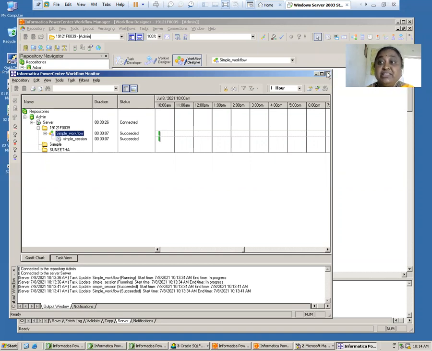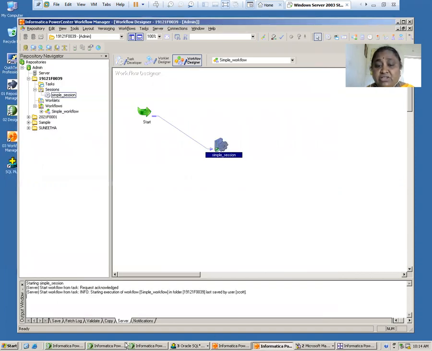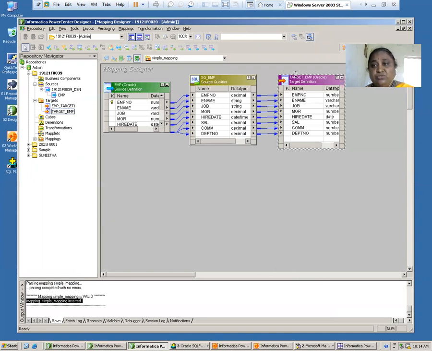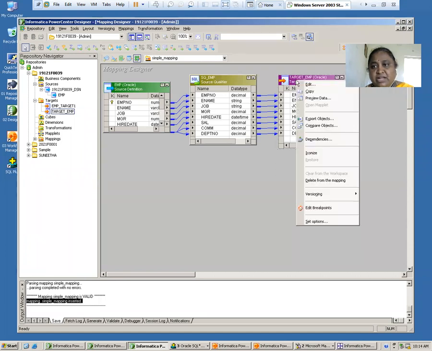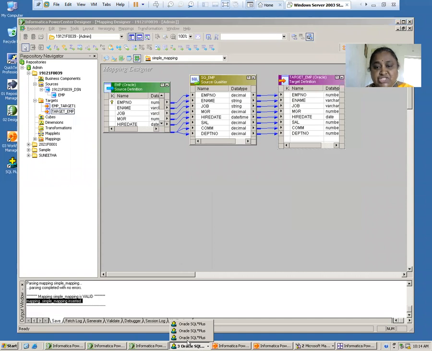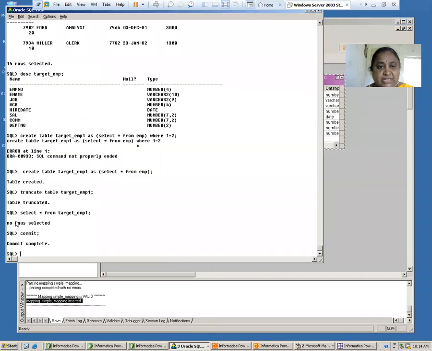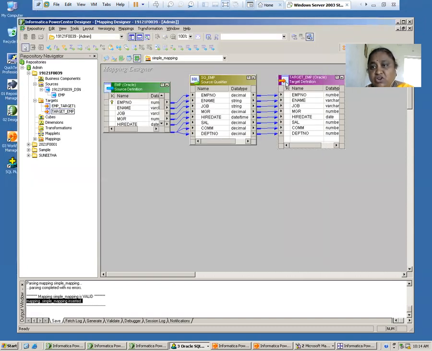So I want to check that. Where will I check? I go to my Designer. Click on Preview Data of the target. Before, when I checked in Oracle SQL Plus, I found no records. Now I have to check whether the records are there in my target EMP or not.